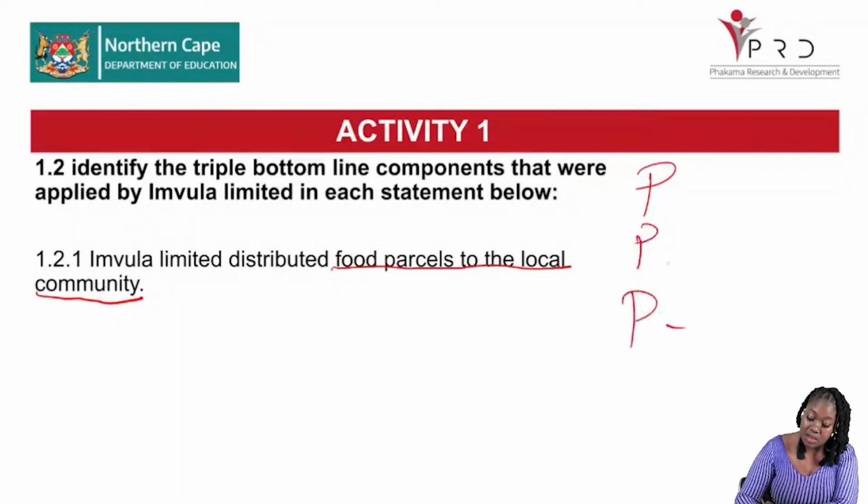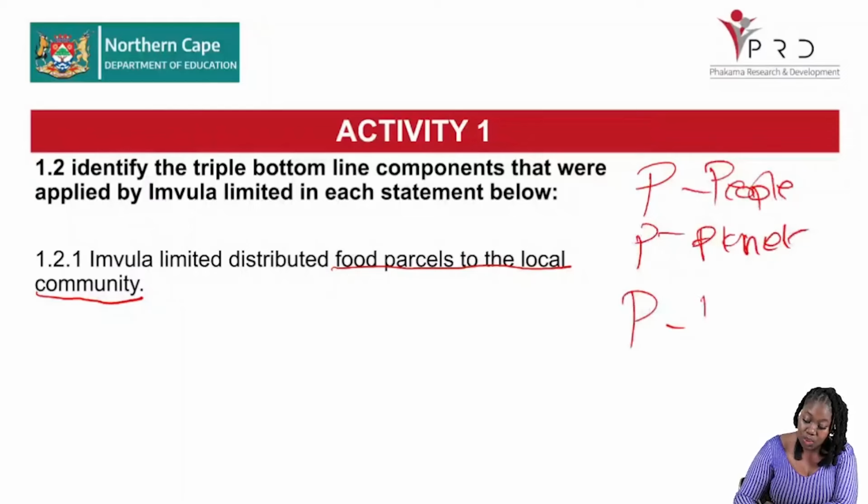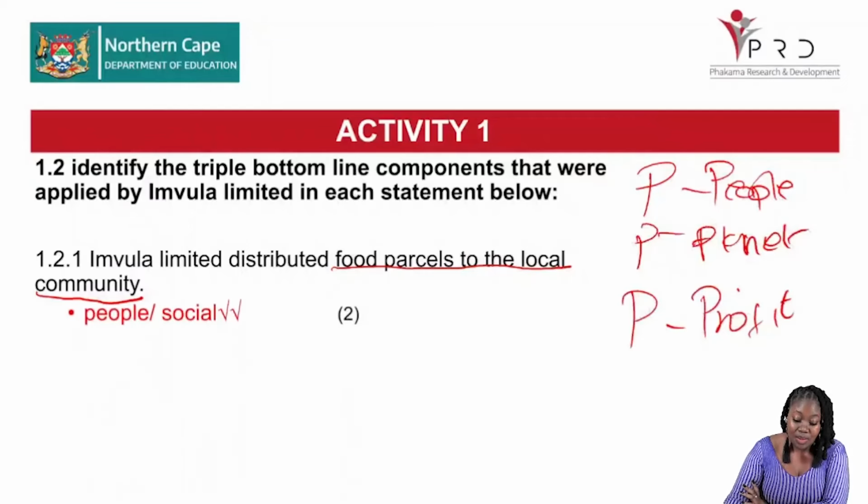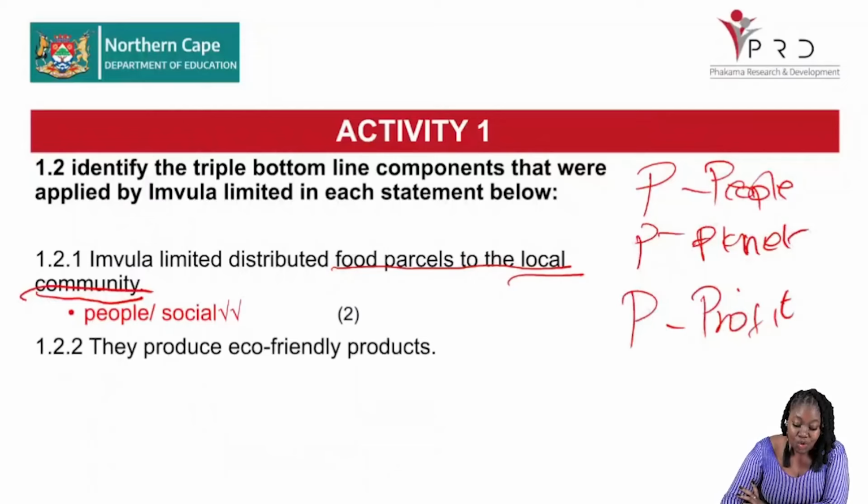The triple P, which is people, planet, and then we also have profit. Now you need to go back and analyze the statement. Imvula Limited distributed food parcels to the local community. So which component is it? It's people or social, because you can see it has the local what? Community. Okay. The second statement, so they produce eco-friendly products, and we know that the component there would be planet